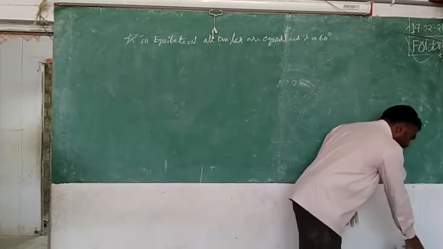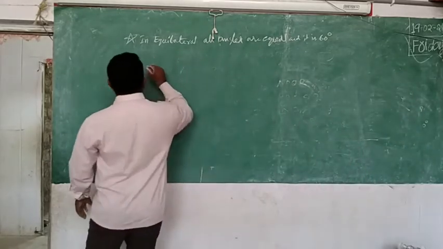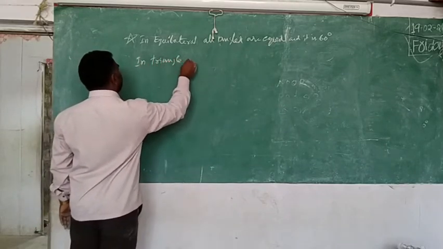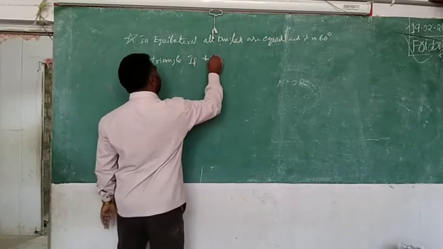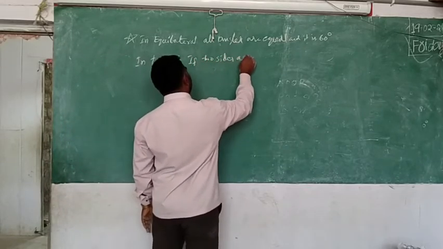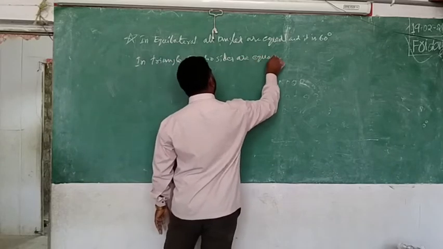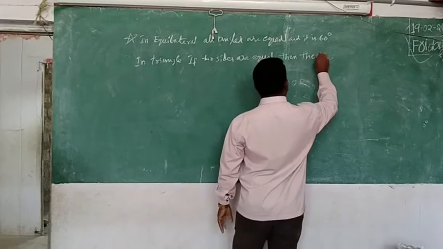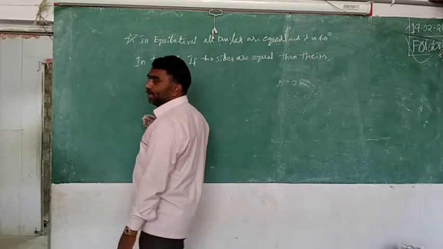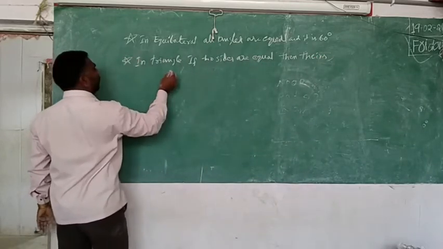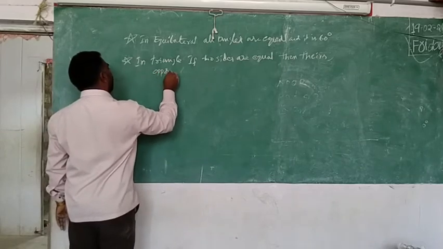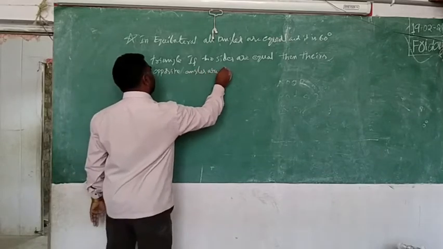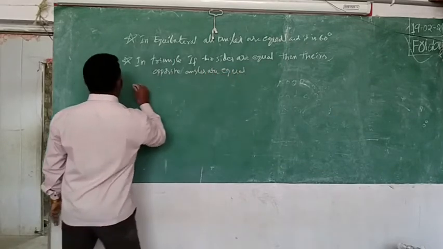What am I saying? In a triangle, if two sides are equal, then their opposite angles are equal. Opposite angles are equal. And one more property,